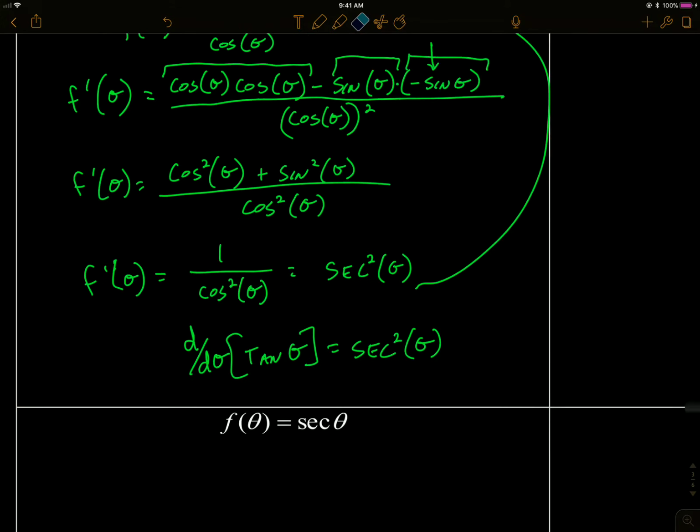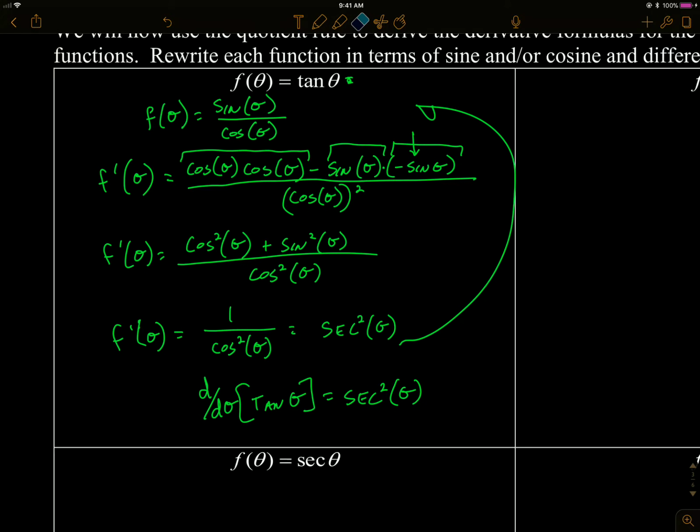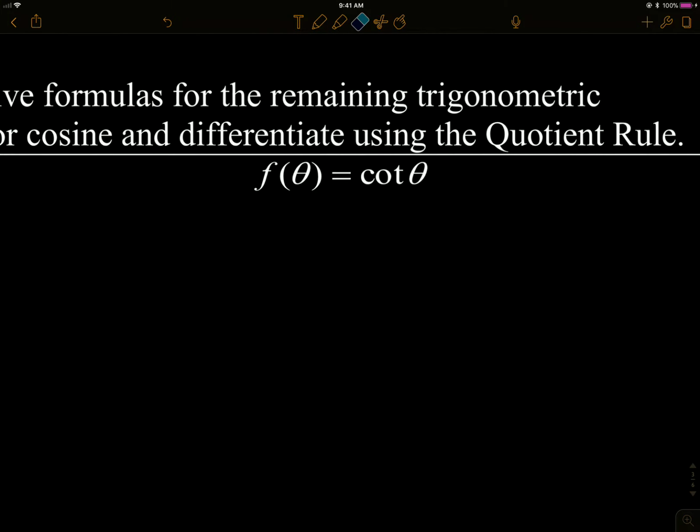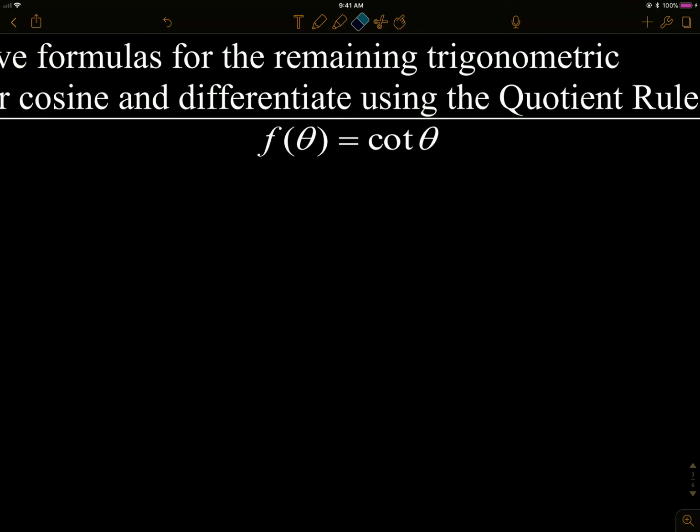This is now a fact you're going to have to know. The derivative of tangent is secant squared. All right, let's do another one. Let's do cotangent. If I rewrite cotangent as cosine over sine,